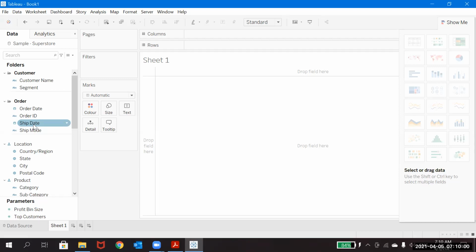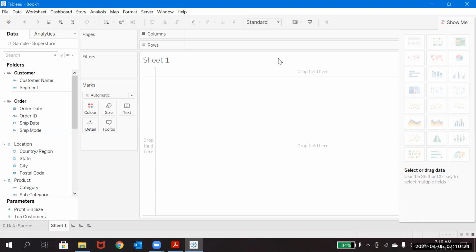When it comes to measures, they will be in a numeric format, float or double, all the numeric values. Whichever you feel is a continuous value, that field will come under measures.